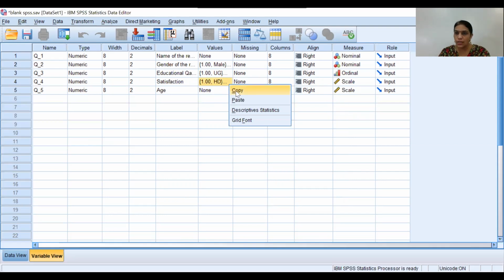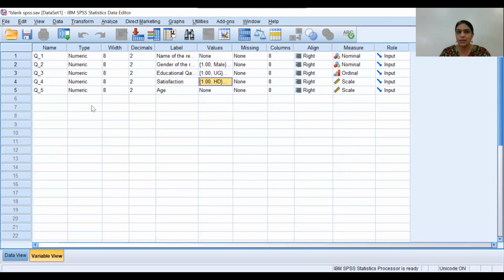Now here we have written something on a 1 to 5 Likert scale. You can use copy. Say for example you want to do factor analysis, and you have 50 statements, and all 50 statements you are measuring on a 5 Likert scale. So 50 questions multiplied by 5 options, imagine how many entries you have to make. Don't worry, SPSS has this copy function. So you just enter all the questions here under the label, and then you can use copy.